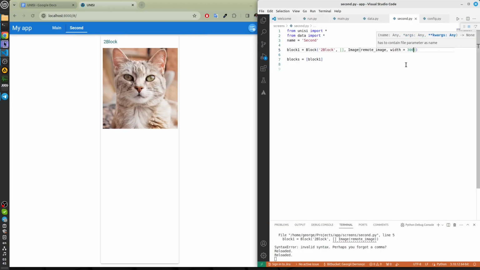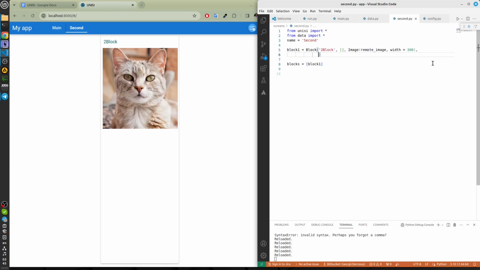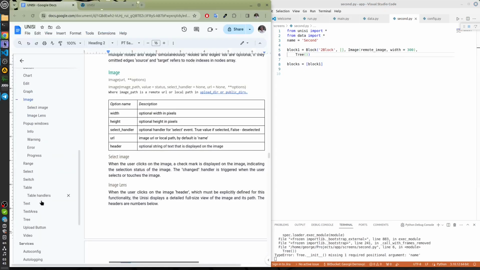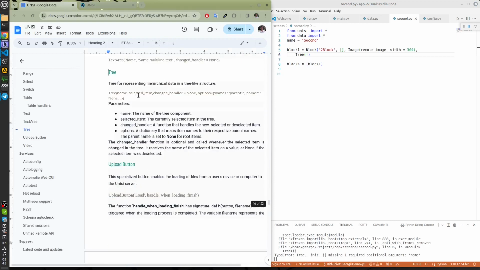Let's create a tree, a tree in the same block. Let's print a comma here and create a tree. Let's see the constructor of tree. So, the name, the value, changed handler, and the options.